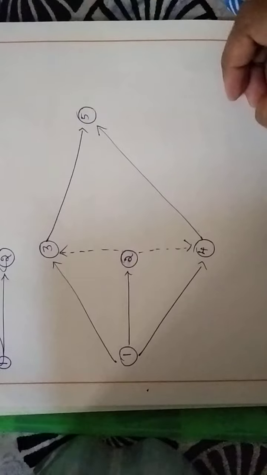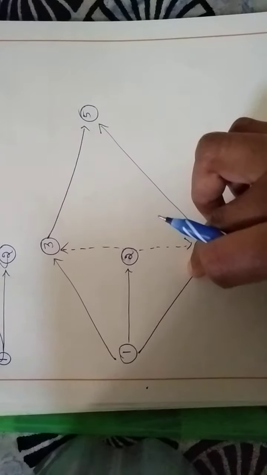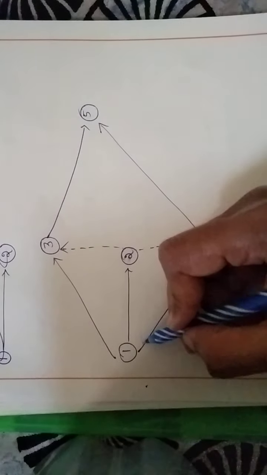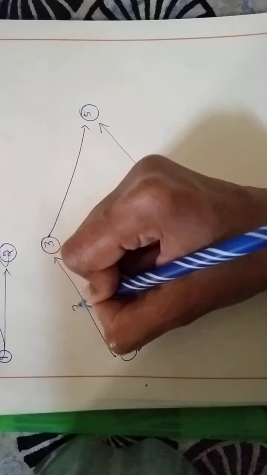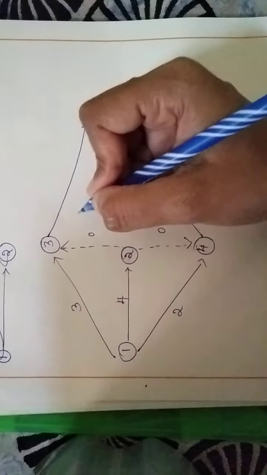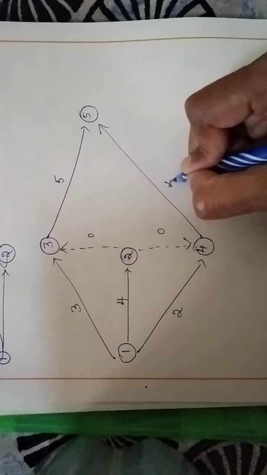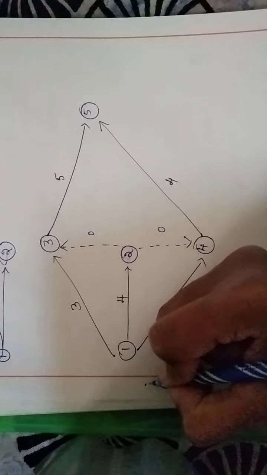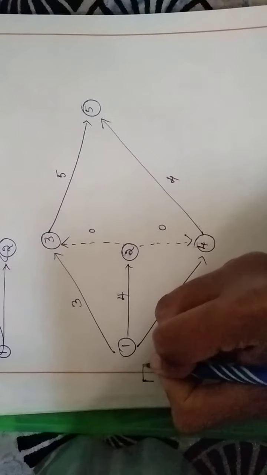So before we go on to solve under event time method, first thing that we got to do is draw up the network diagram like this. Now for the activities, we have to work out the duration also. So 1 to 3 it is 3, 4 it will be very much given in the problem. So dummy lines will have 0 as a duration, so 5 and 4. So direction of the arrows should be very clear. Now let us work out the earliest start and the latest finish.